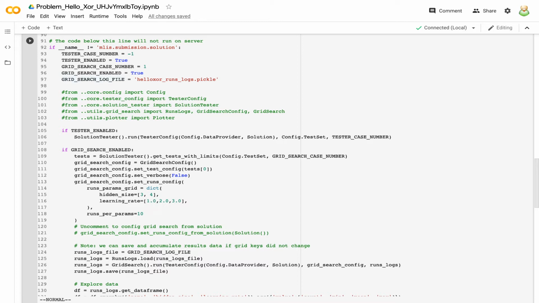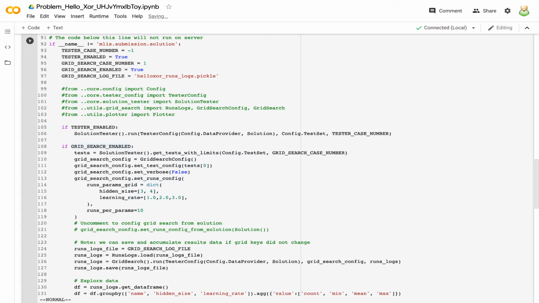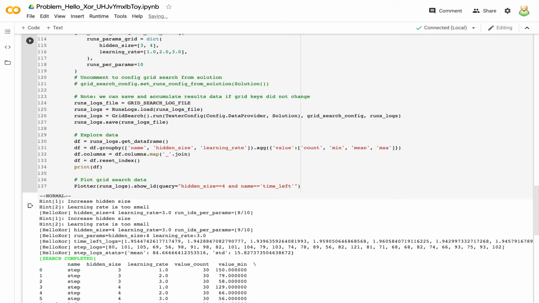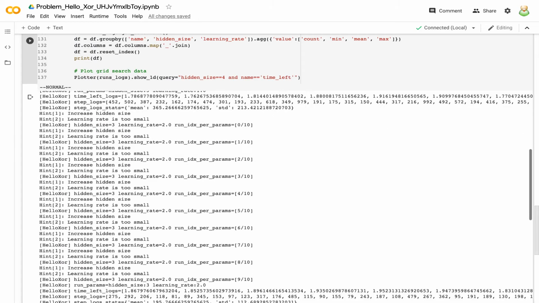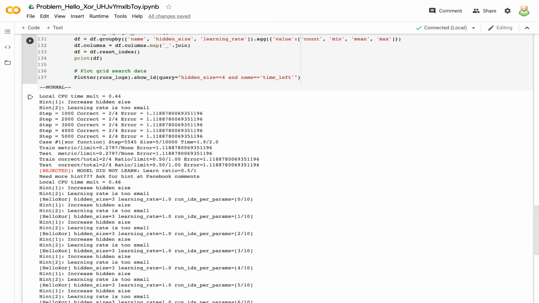and then there's a grid search. Grid search is needed when you want to try different experimental parameters, and you will get to how it's useful. So right now we see that the neural network was running, trying to learn for 5,000 steps. It ran for almost 2 seconds and it basically didn't learn anything, but